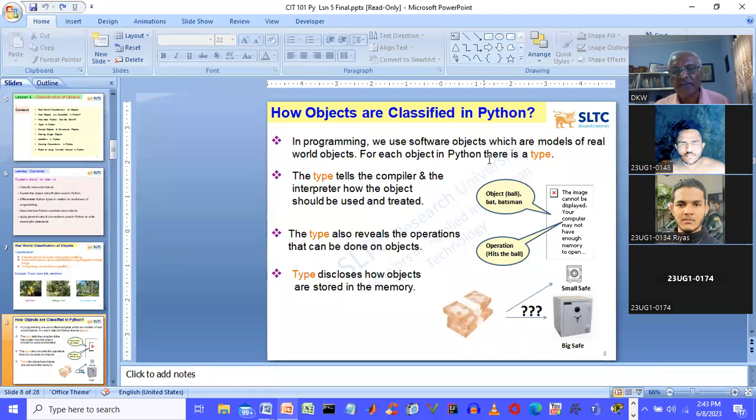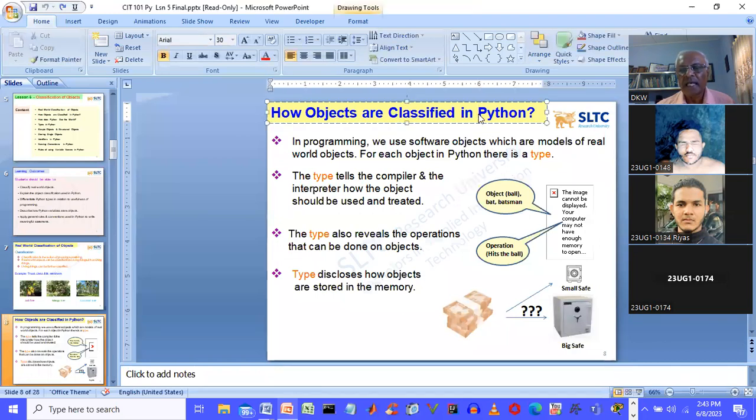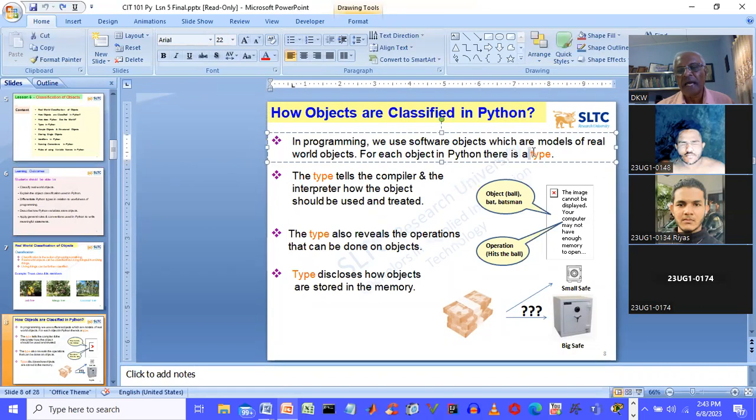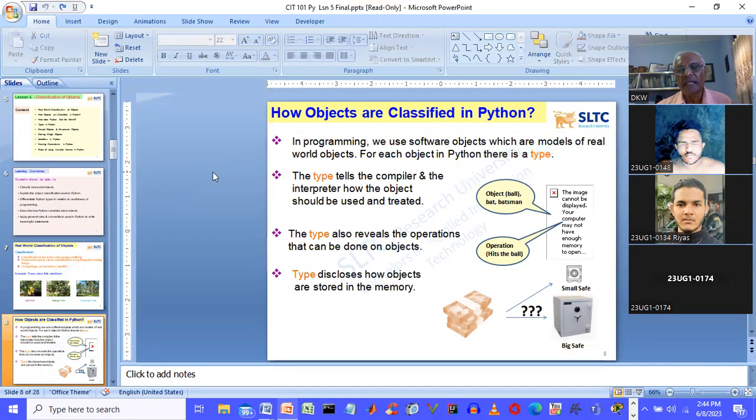That is the reason, from the Python language's point of view, when you look at the real world, Python categorizes them into different types and puts these objects into classes. So for every object that Python handles in the real world, there's a type. We will be learning very soon how we use Python to find the type of whatever the thing is, right?